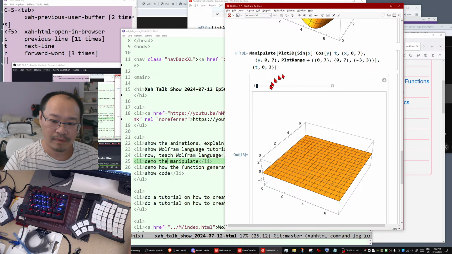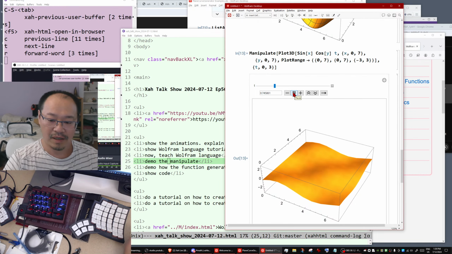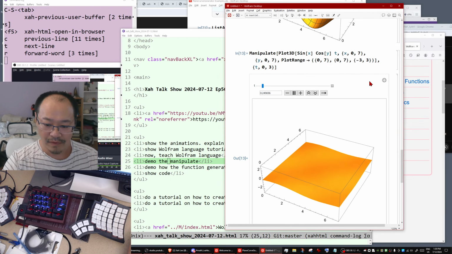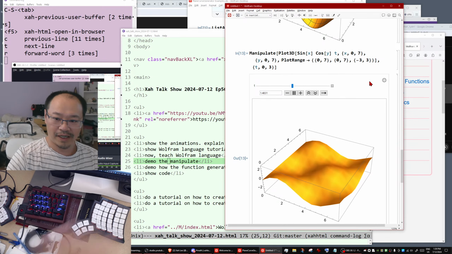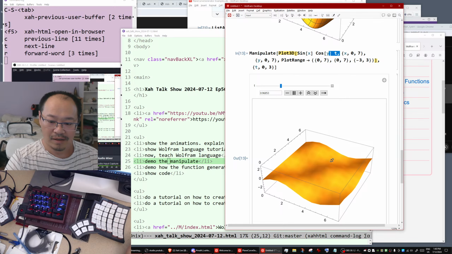Do it. Okay, let's see what happens. There it is. Fantastic. So you can see the effect of the variable t here,